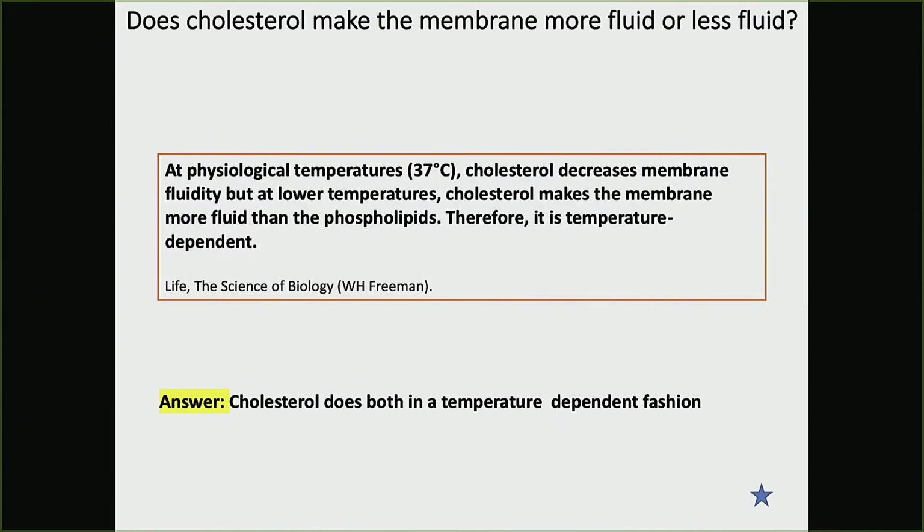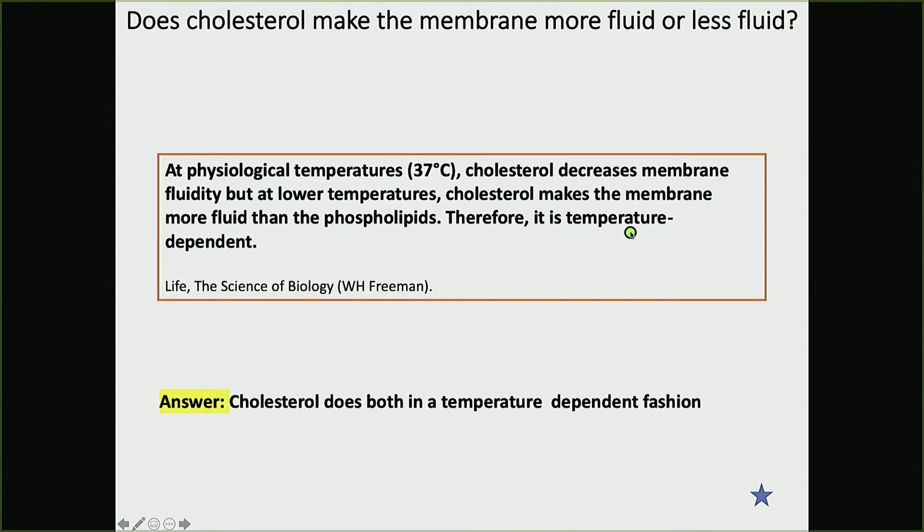But here is the thing: does cholesterol make the membrane more fluid or less fluid? Here is a direct quote from this book, that at physiological temperature, 37, cholesterol decreases the membrane fluidity. That means it makes the membrane rigid at 37 degrees. But that is the only thing that is written in all of those 101 biological sciences books. What happens is that at lower temperature, cholesterol makes the membrane more fluid than the phospholipids, and therefore it is temperature